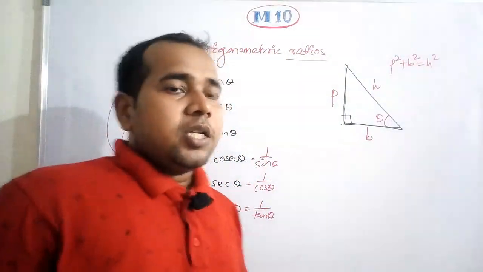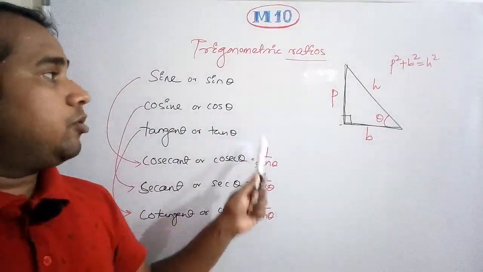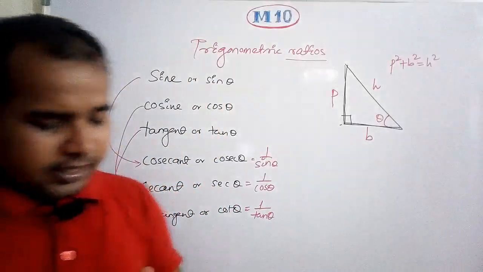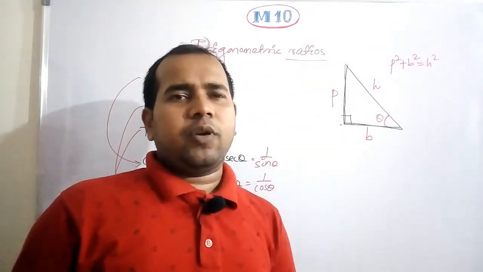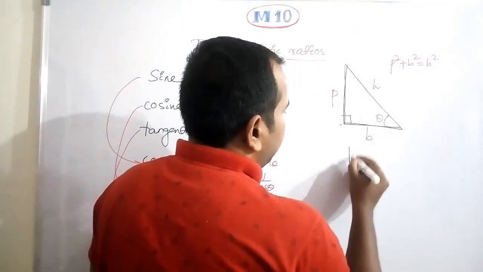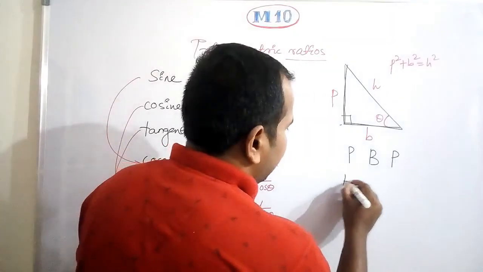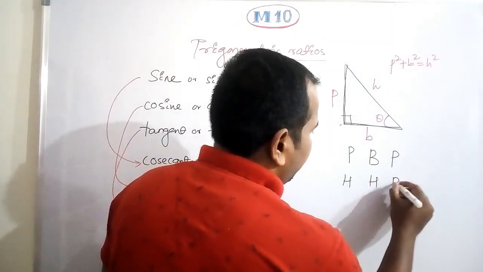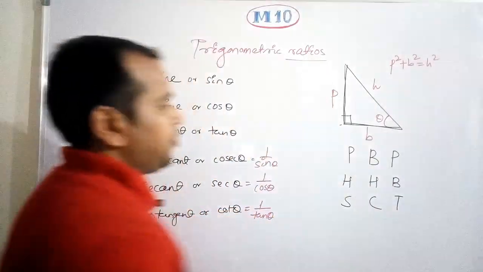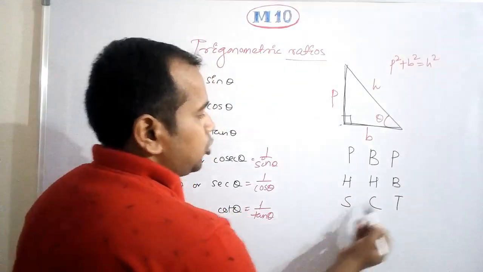Okay, so what are these trigonometric ratios corresponding to those sides? Let us see. To remember this, there is a trick which is shown in the movie Chup Chup Ke. Let me tell you that. Pandit Badri Prasad, Hari Hari Bol, Sona Chandi Tol. Okay, Pandit Badri Prasad Hari Hari Bol Sona Chandi Tol.